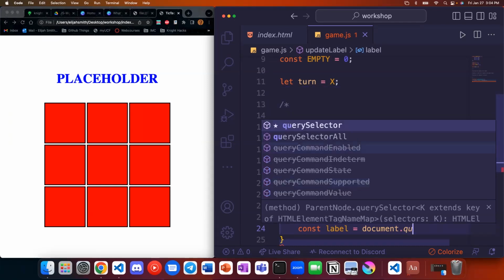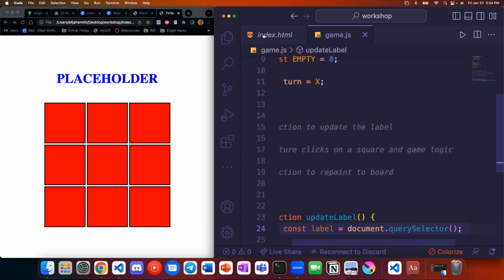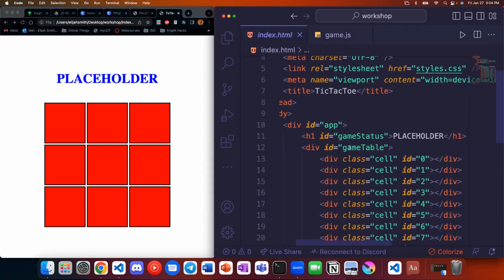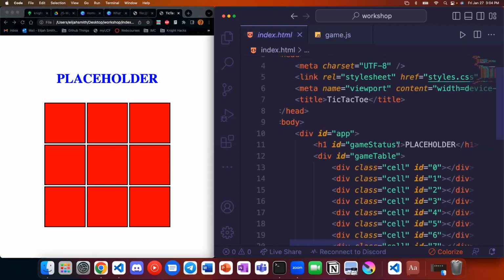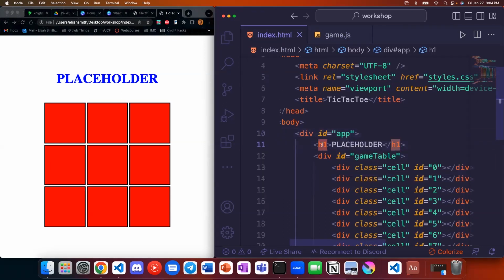In this case, we want to use the query selector, which will get one specific element that matches some specifier that we're going to put in a second. We could also use query selector all if we have multiple things that match the same query, then it'll return an array with all those things. But we only have one header, so we're just going to use query selector. We're going to figure out how we can actually get this. So let's say that this ID did not exist, and we want to get this H1 element.